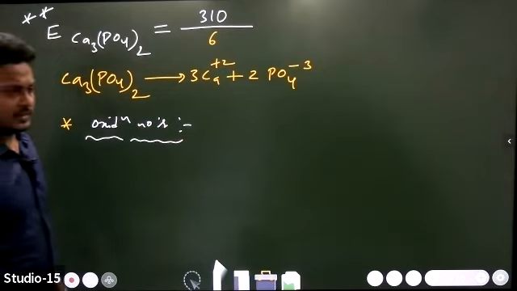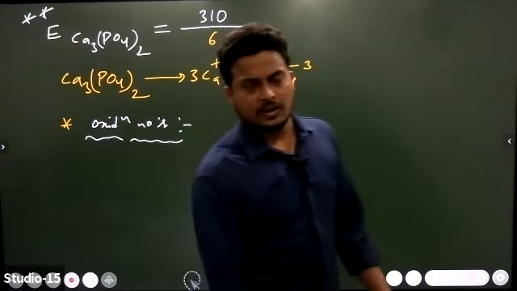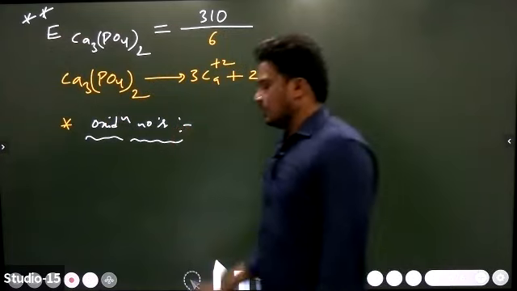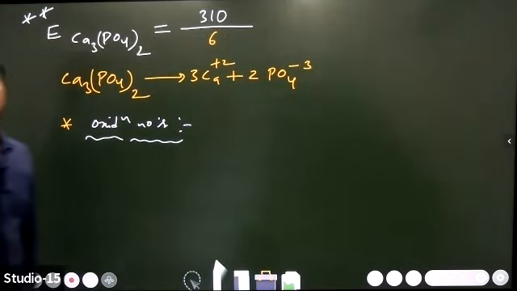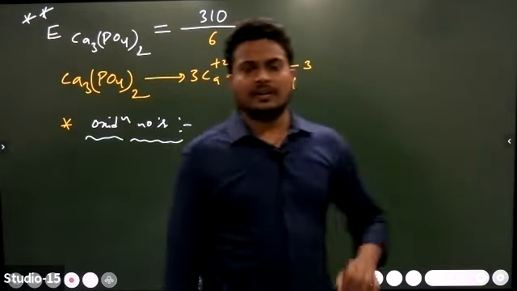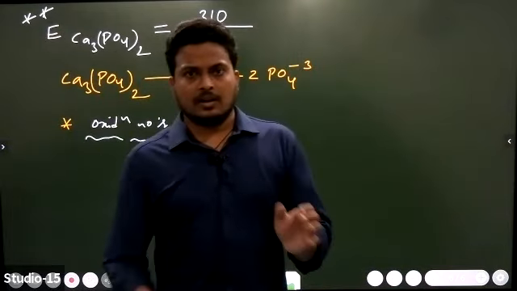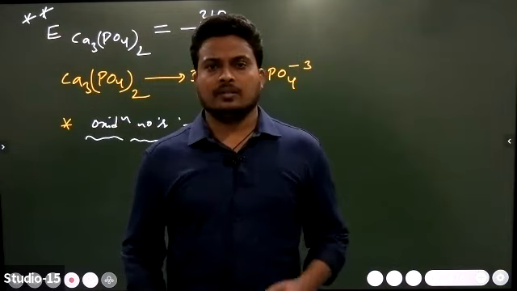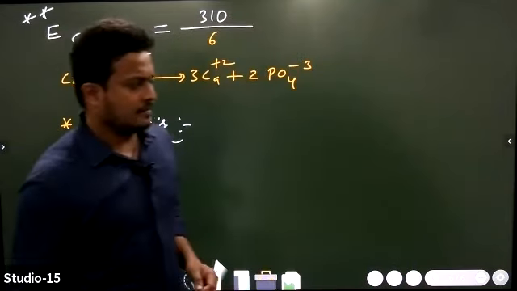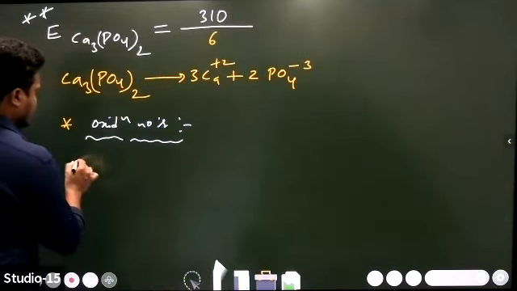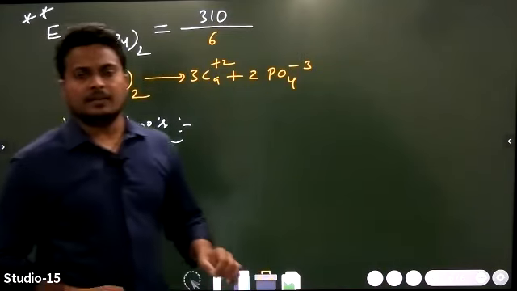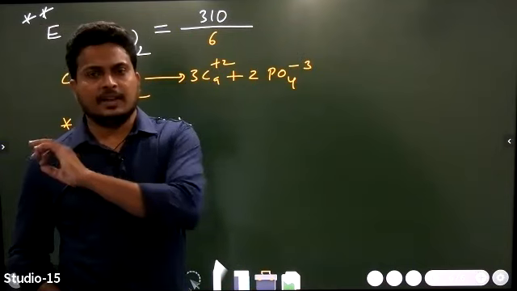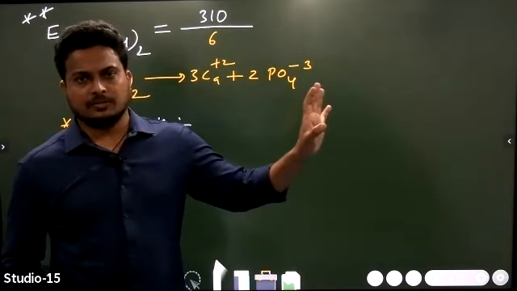Charge of an atom in a molecule is called oxidation number. Now, if we want to calculate the oxidation number of an element or of an atom in a given molecule, we have to follow some rules. The first rule is that in elemental form, the oxidation state of any element is equal to 0.